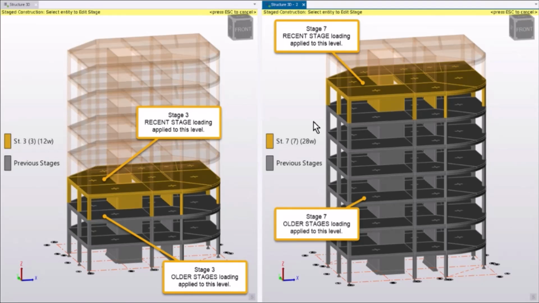So once we come to the analysis of stage 7, stage 3 has now moved on to being older structure. So in this model, the loading applied to this level would be one thing, whatever you've defined, and in this model it would be a different amount.